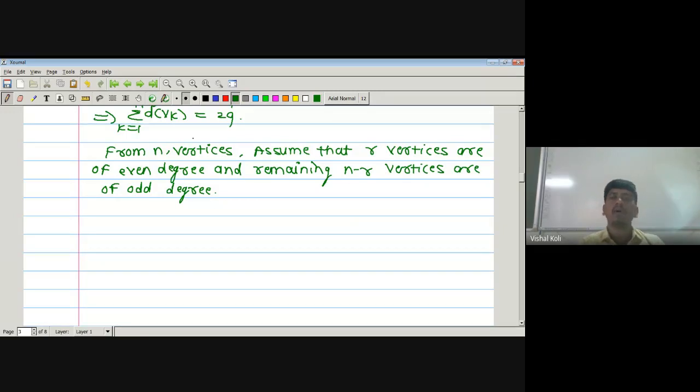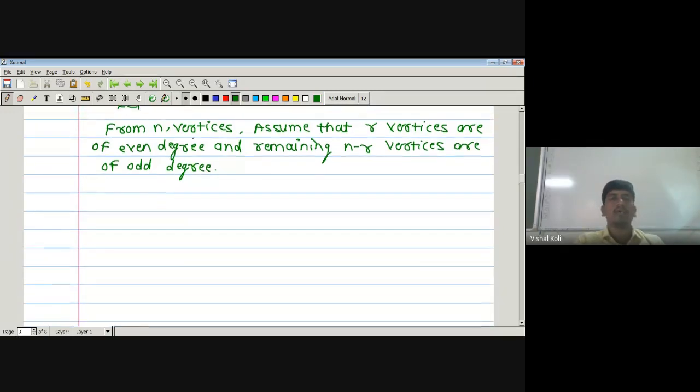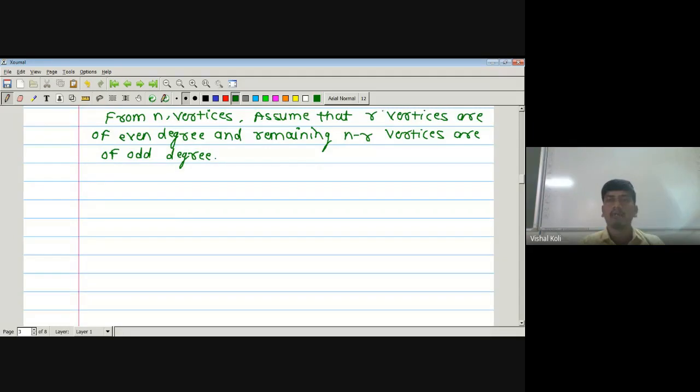That is the total number of vertices. Therefore, from these n vertices, we have assumed that r vertices are of even degree and the remaining n minus r vertices are of odd degree. Okay, so let